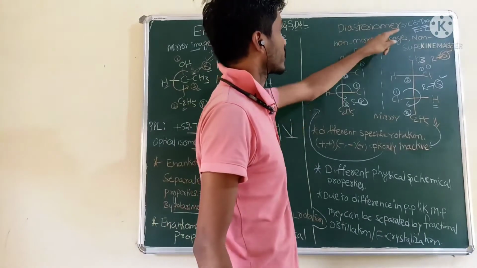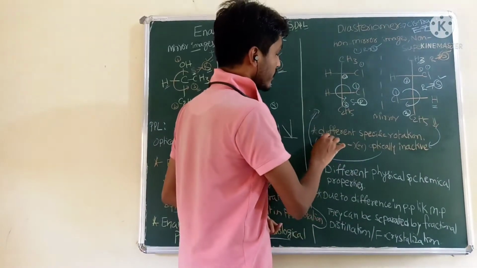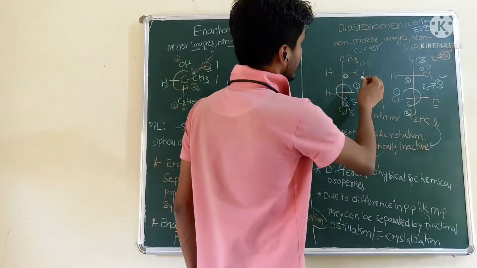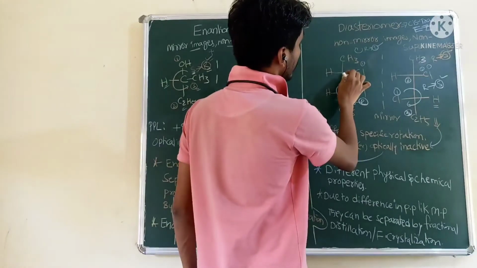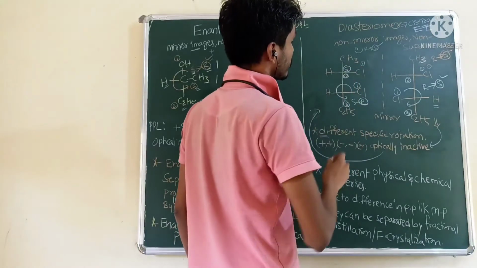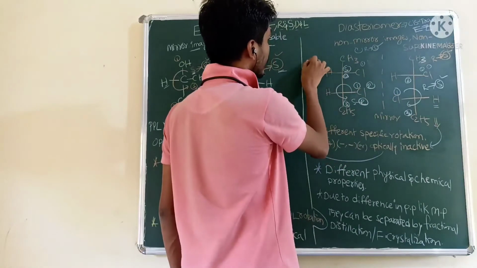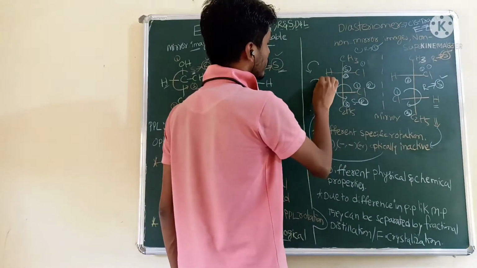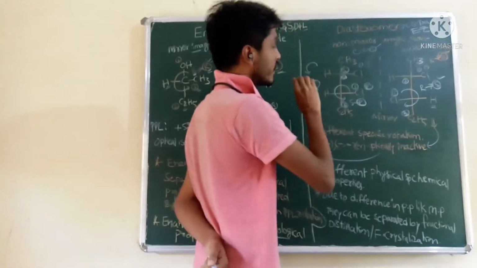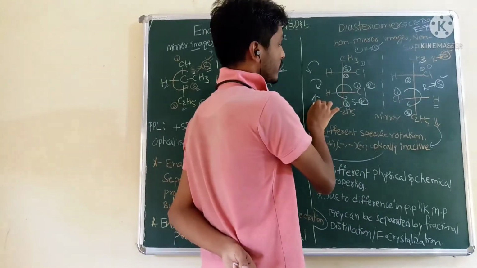Examples are cis, trans, E and Z. These have different specific rotation. When you take the configuration of this one, this carbon is S form, this carbon is R form. This carbon will rotate like this, but this carbon will rotate like this. Due to this, the light will not move to the left or right side. Light will be in the middle. It's an optically inactive compound.